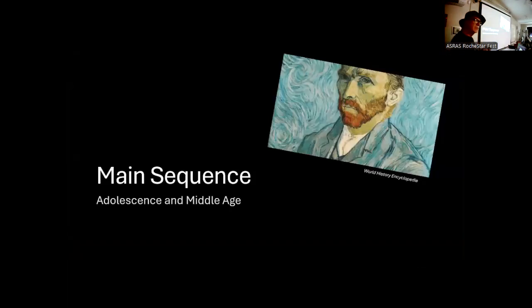We're going to define the main sequence. I spent a long time misunderstanding this. I should say that my quote-unquote career in astronomy began when I was an intern. And I figured out that in order to survive internship, I was going to have to figure out something to do that wasn't medicine. And what I chose was astronomy.